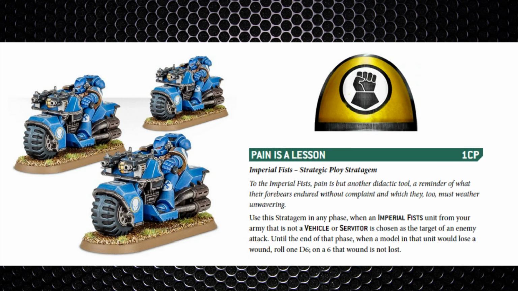Due to the fact that this unit is not a vehicle or a servitor, you'd simply give them a 6+ Feel No Pain save. Now the next 2 chapters work even better with bikes, going into the Dark Angels